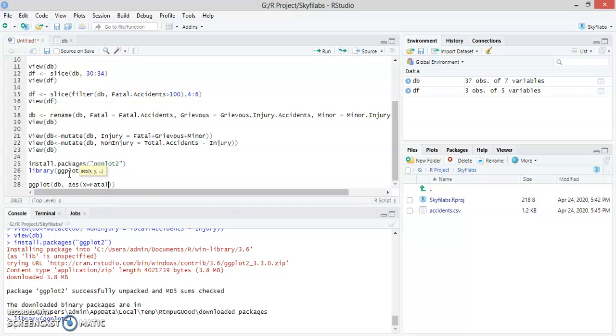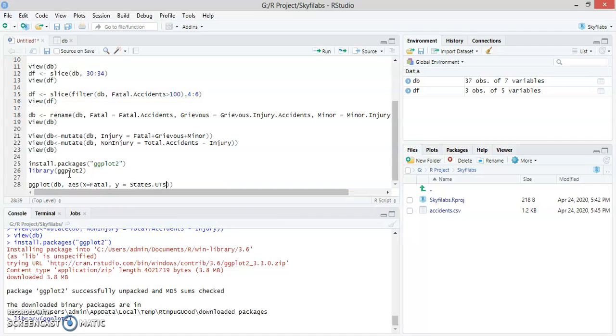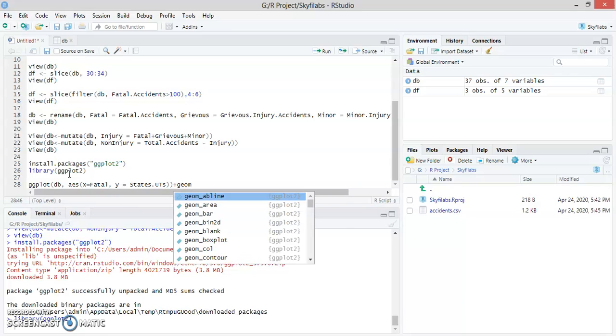So x is the axis over here and fatal is the name of our column. Then the y axis is the column named states.UTs. We need to add geom_point in order to plot the graph.